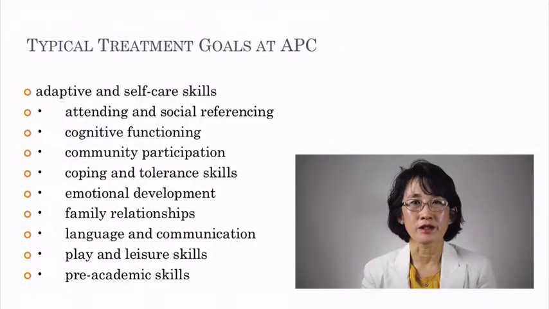We are here to help at Autism Parent Care. The first goal is being able to take care of oneself: hygiene, self-care, going to the bathroom, showering, toothbrushing. These are the first things that are necessary, and we address that. The second point is being able to attend socially: greetings, keeping eye contact, noticing others in the room, and